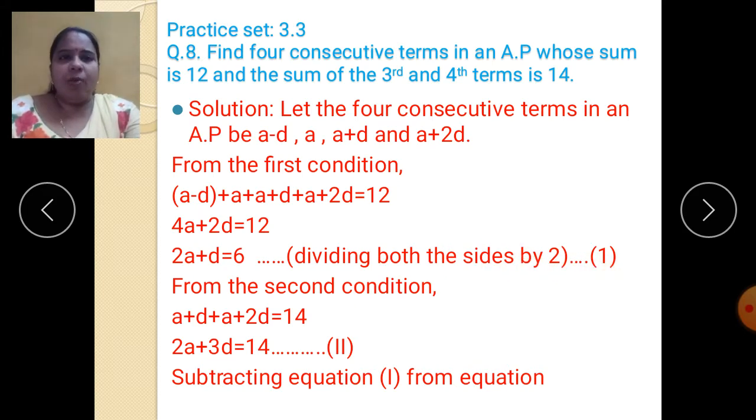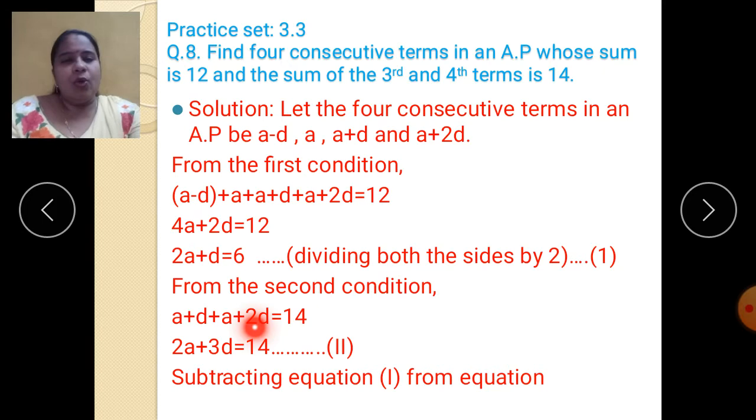Okay. Now go back to the question. What is the second condition? Sum of the third and the fourth terms. This is the reason I told you that you cannot change the order of the assumption. Like you cannot take this number first and this second and all that. Order is extremely important. Now here they have specified third and the fourth. Which is the third one? A plus d. Which is the fourth one? A plus 2d. Okay. Sum. The total of this is what? 14. So this way you can add it equal to 14.